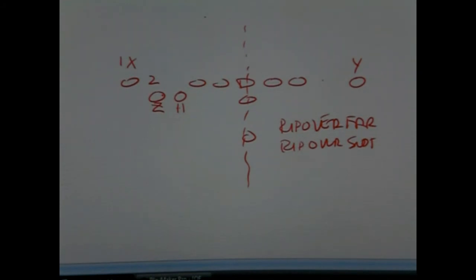Some people will bring a corner over here to match up. Open him up, and now a safety's got to play out here. Or they'll just invert their safety, and now you've got a smallish corner against a big tight end. If you got a tight end who can run, you've got a great mismatch right here. Okay, so now let's take a look